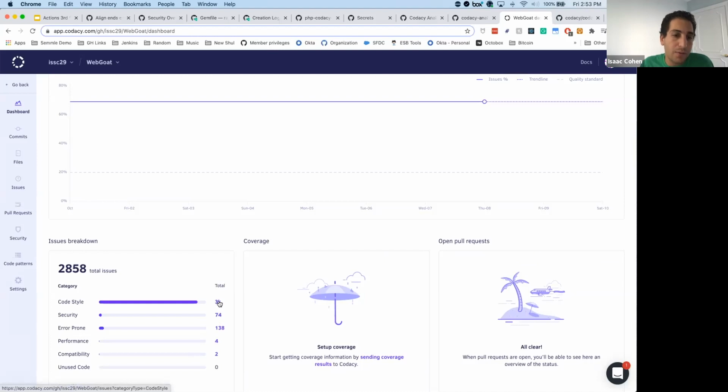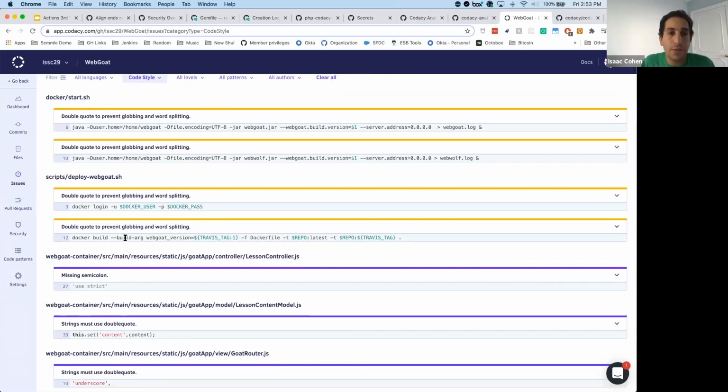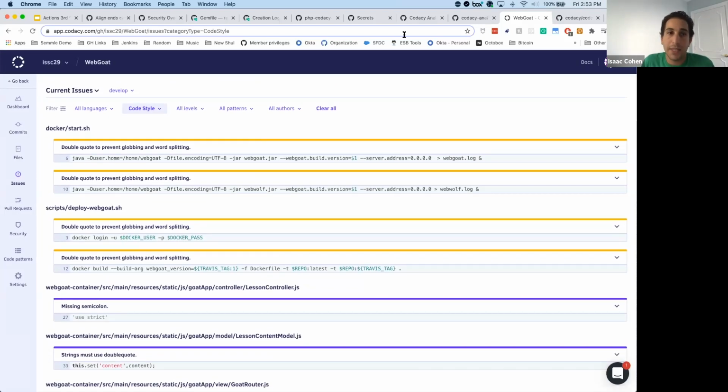So like if we want to dig into a specific code style issue, we can see a number of scripts and a number of issues, right? This is a good place to start to view a lot of the issues that we were seeing within GitHub itself. So again, with Codacy, the nice thing about Codacy is that it's running a number of different